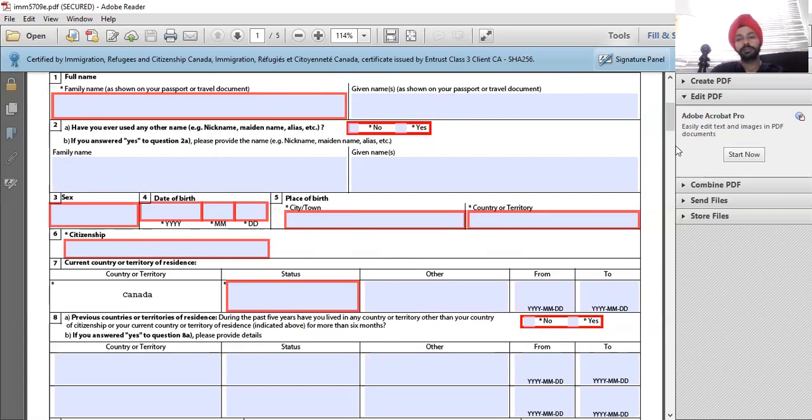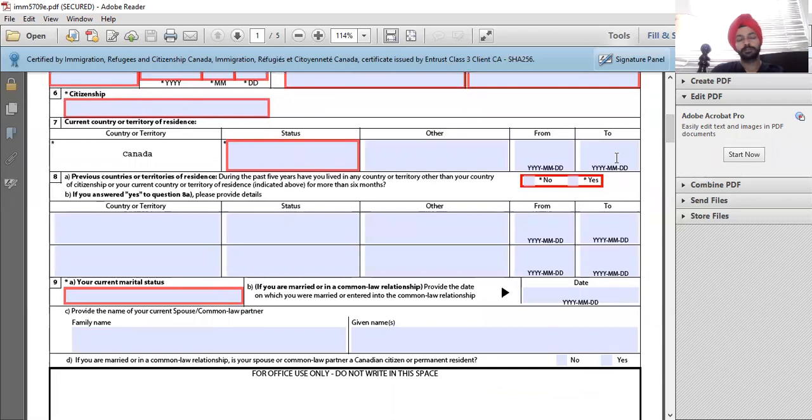From, to. So this is when you came here. You can put your date of landing, and the "to" is going to be the date of today. Mostly we can select the end date of our study permit, like from when we came here, and then "to" should be the date of our study permit expiry. Okay, if it has expired, then we can easily select the date, but most of the time